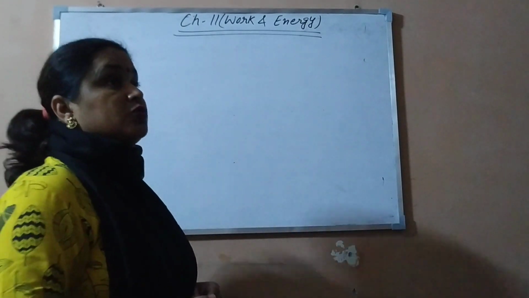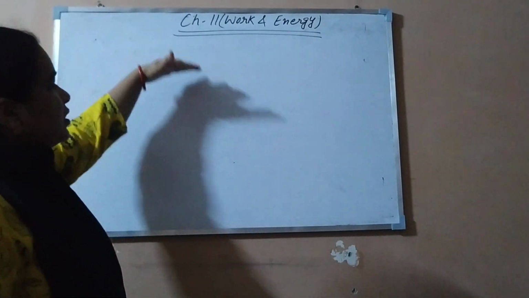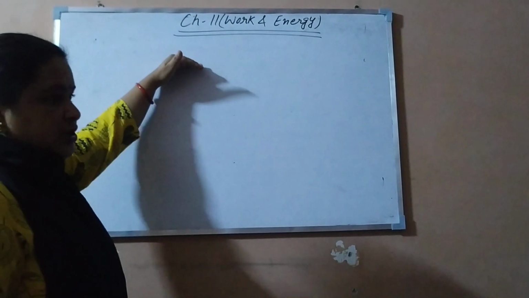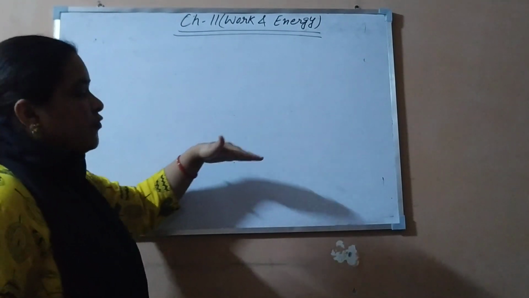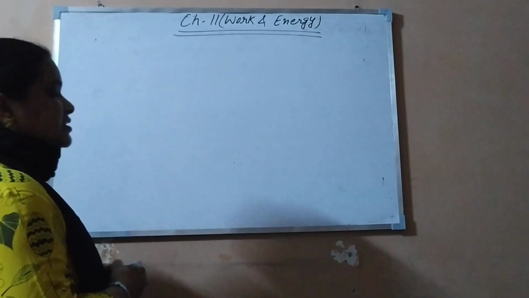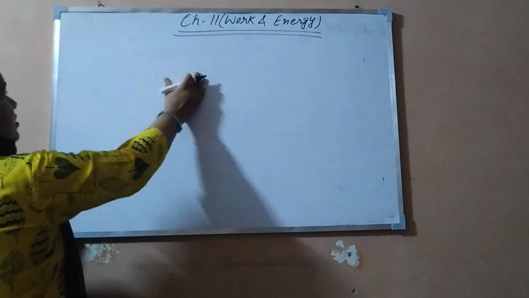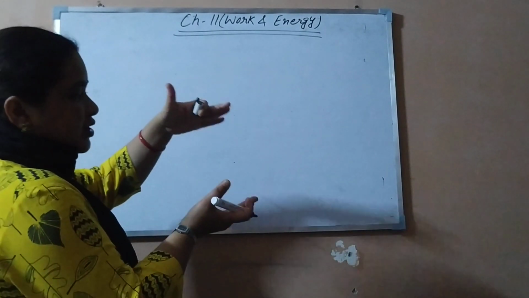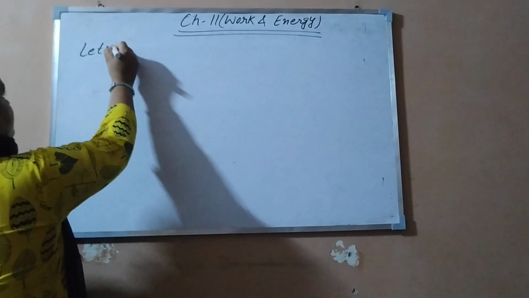Today we are going to do the topic that potential energy depends on the height from the initial position to the final position, and it is independent of the path followed by the object for the same initial and final position. So let's start that derivation. Today we are showing that potential energy is the same for two different paths when the height is the same. So for that, let us consider